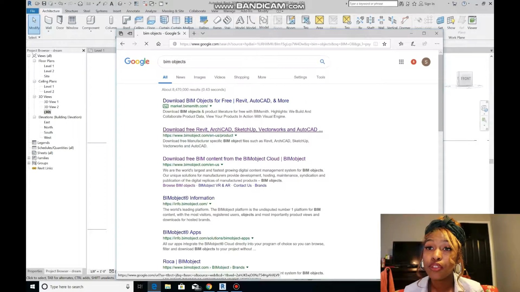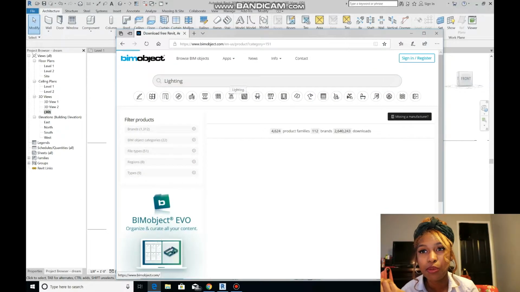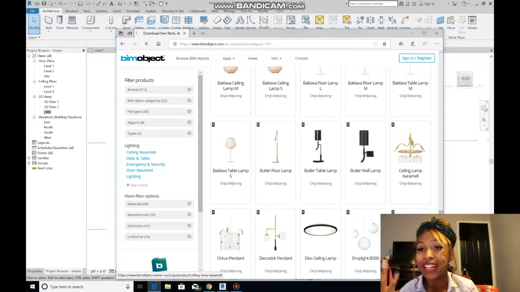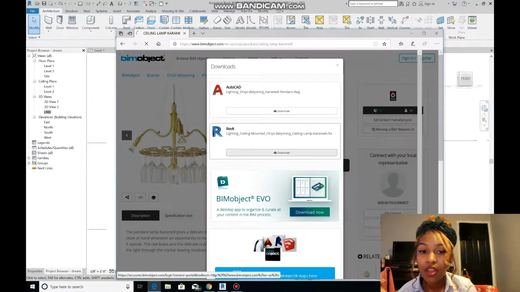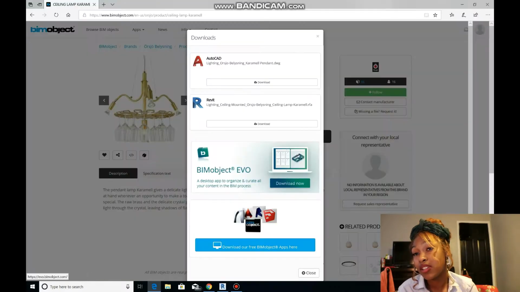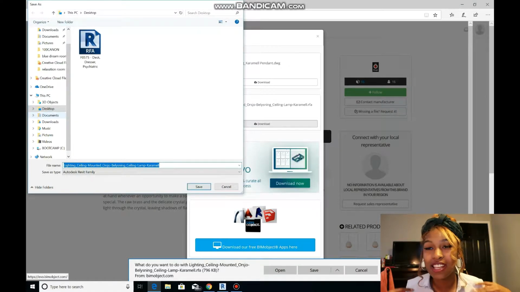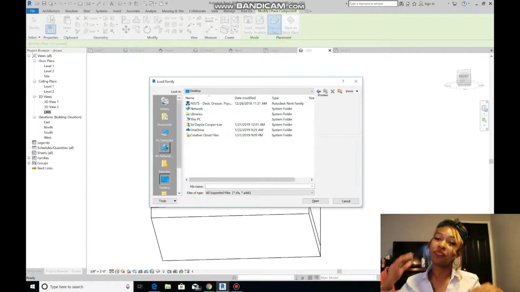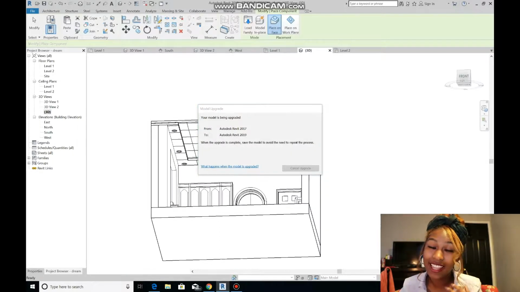So, if you want to import objects that you can't find in Revit and don't really want to make them yourself, what you can do is go to this website called BIM Objects and create an account. It's completely free, which is really cool. They sell objects on there too, but most of them are free. And you can import objects that the creators of this website created, just like how I created that bed. I'm trying to see if I can sell my own little custom made furniture as well, but we'll see how complicated that gets. But yeah, you can go on BIM Objects as of now until I launch my own